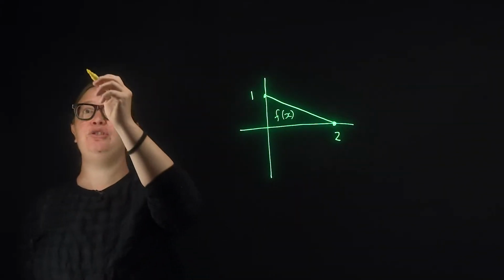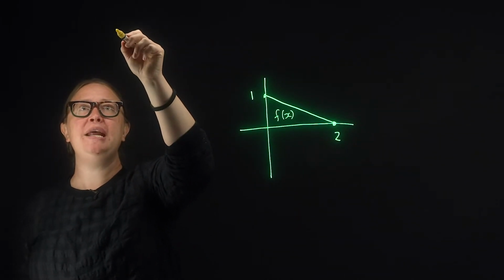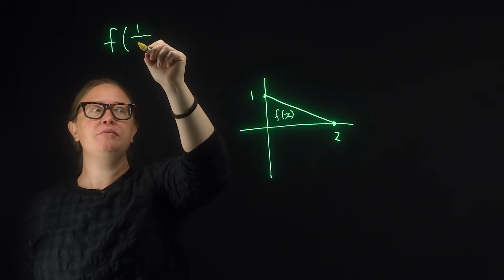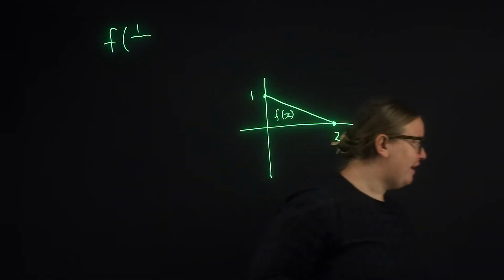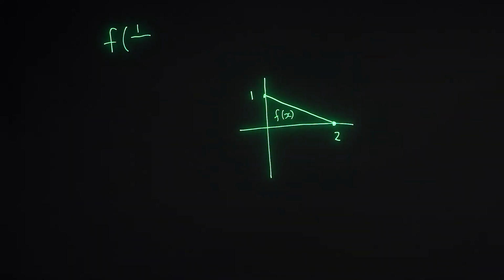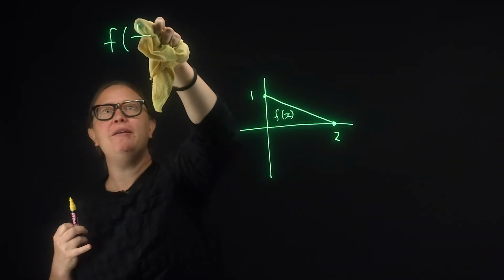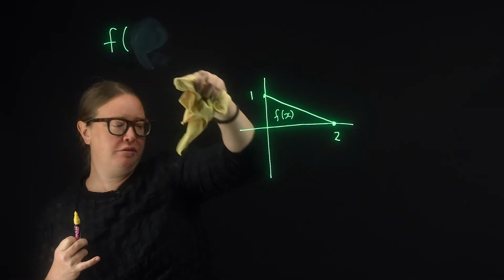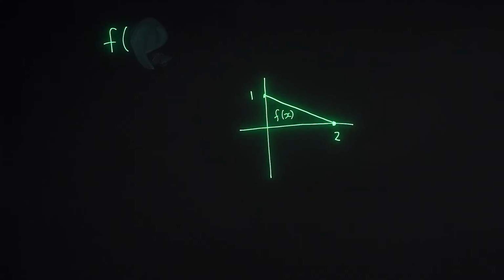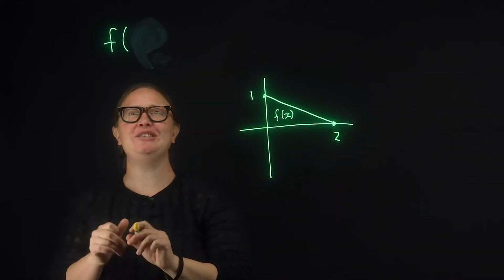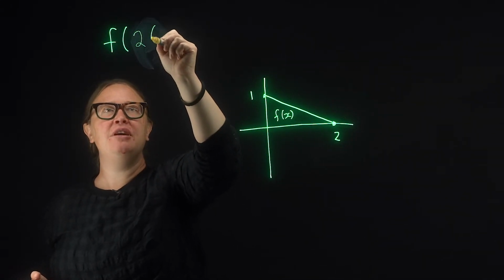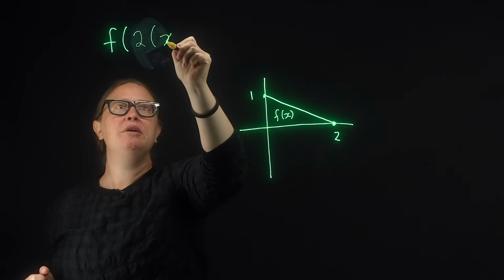Let's take transformations. Let's see what happens. No, I don't want that. Let me erase that. I want to do something different. Now I got a big smudge. That's okay. Let's take f of 2x